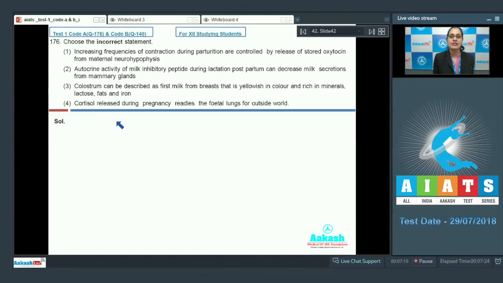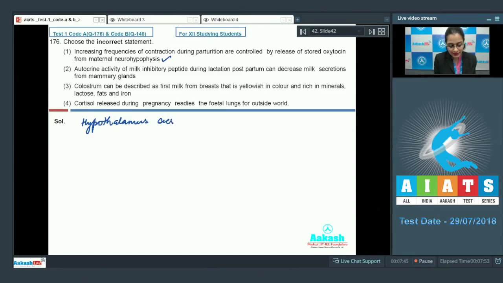Question number 176. Choose the incorrect statement. And the very first statement says, increasing frequencies of contraction during parturition are controlled by release of stored oxytocin from maternal neurohypophysis. And this is a correct statement because we know that it is hypothalamus